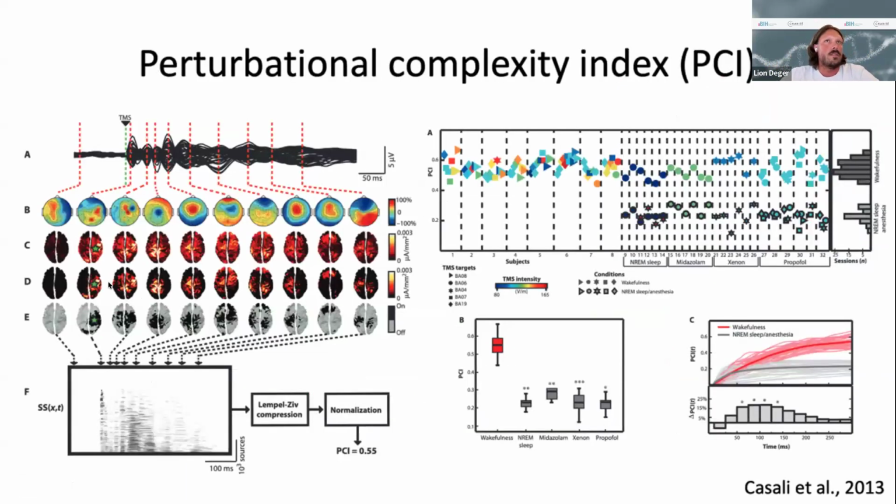This is the same concept in a little more detail. We have a time series here, and a TMS stimulus that's applied at some point, and then we see the stimulus propagating or affecting several regions. And then you can quantify how much the system was affected by comparing if the signal crosses a certain threshold compared to the baseline.